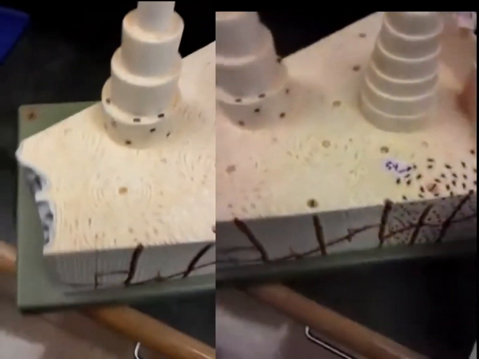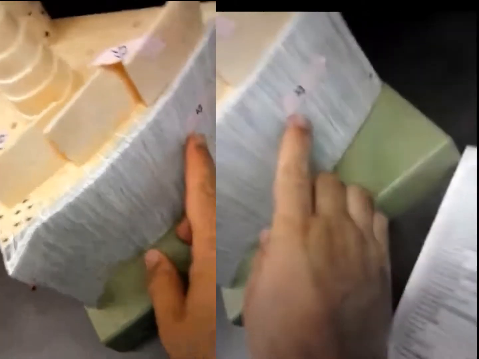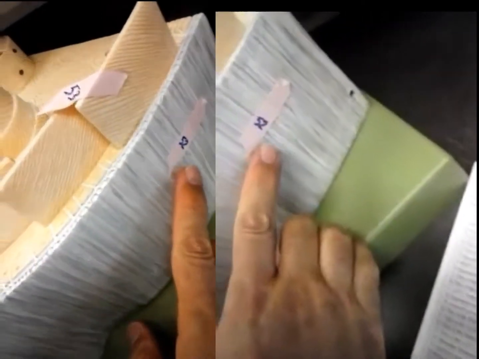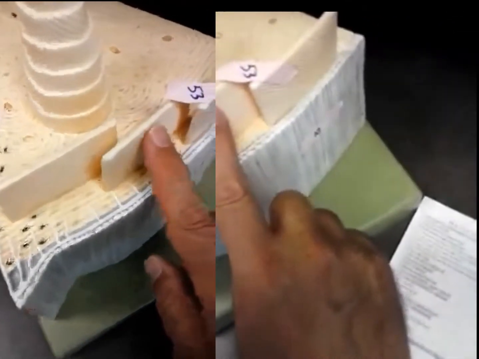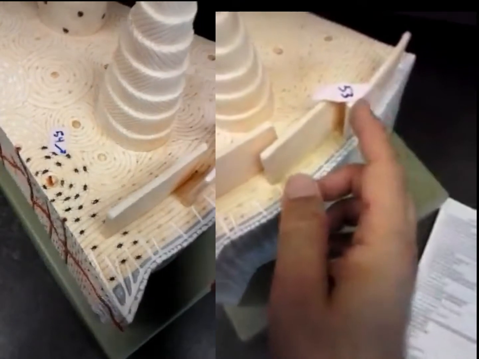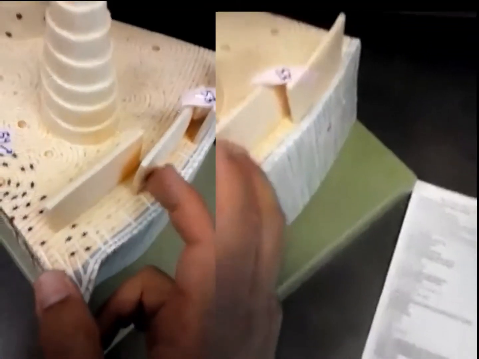Number 52, this is called periosteum here. Number 53, these are called external circumferential lamellae. And finally, number 54,